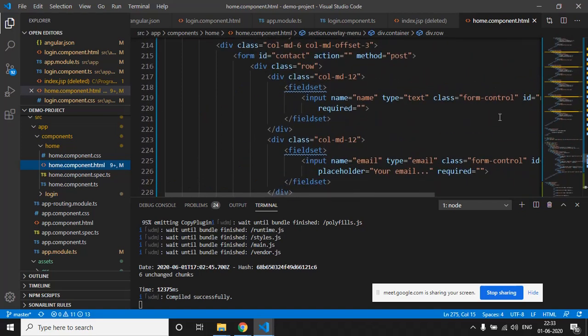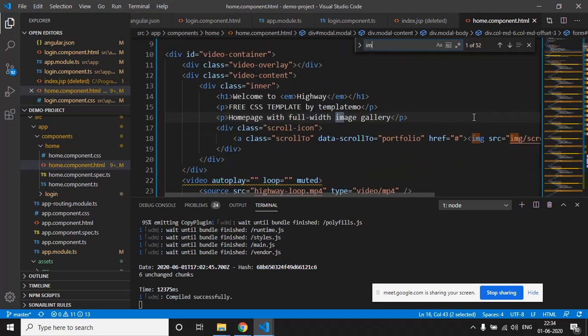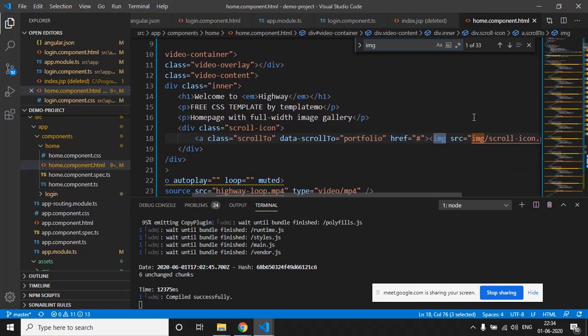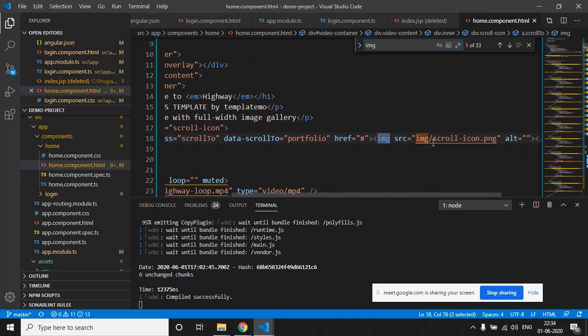Where is the image? So this is the source, and this is the path for this image, right? It cannot find this path because all our images are present in the source and then assets folder, assets and images folder.